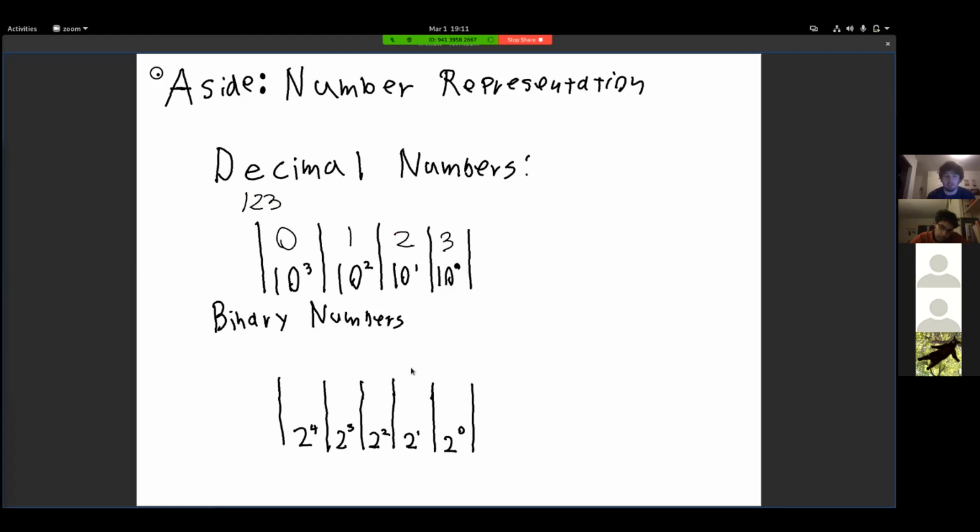You can see each place is a power. You start from 10 to the power 0, and each place is an increasing power, right? You've all probably seen this before. You have also probably seen how you can do the same thing in binary. So if you want to write, for example, 12, well,